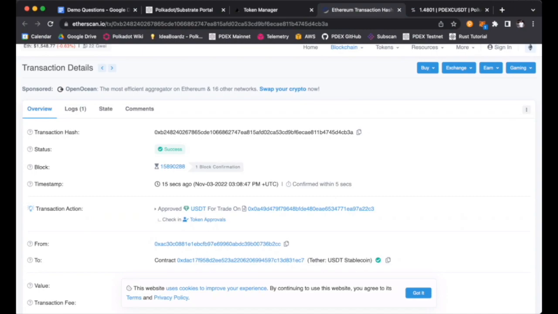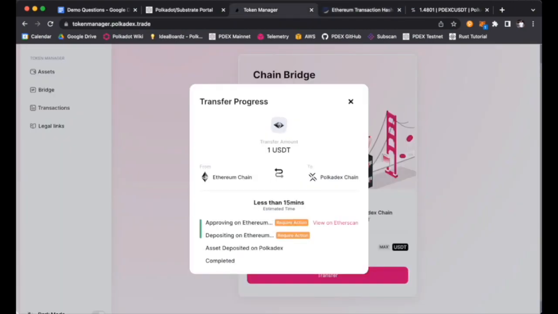Awesome. All right. So let me go ahead and sign the second transaction as well. Okay, before I sign the second transaction, an important thing to note here is that if you approve the transaction,